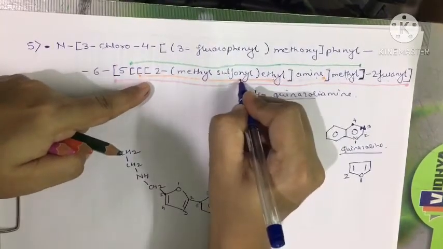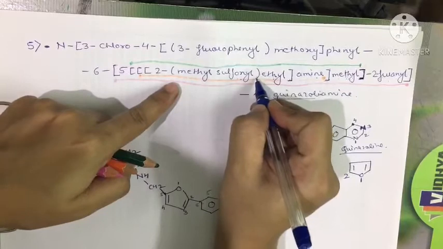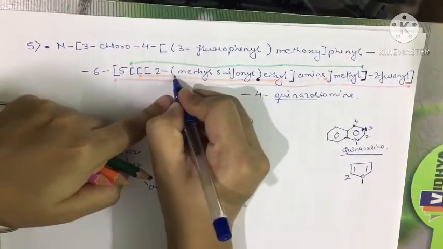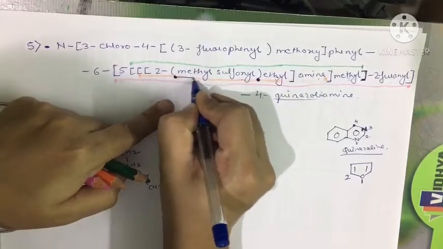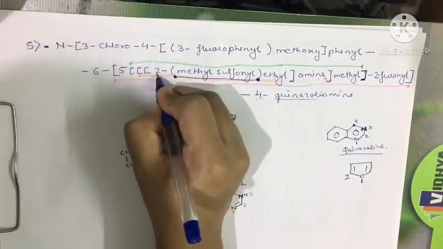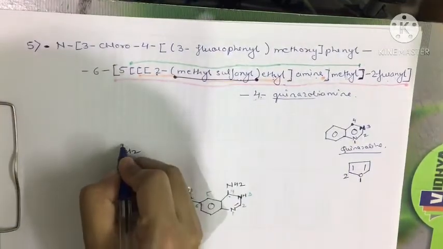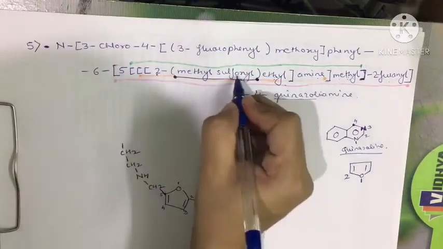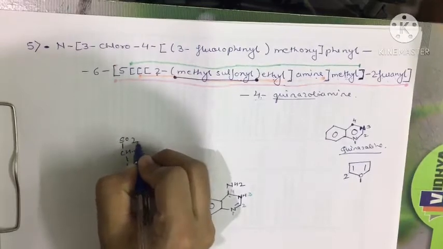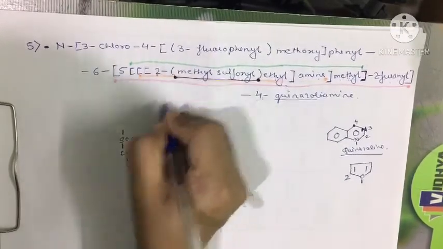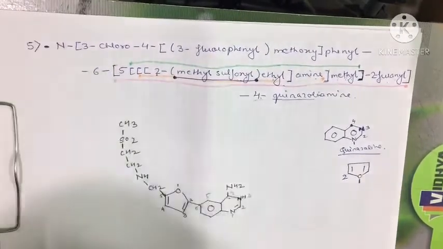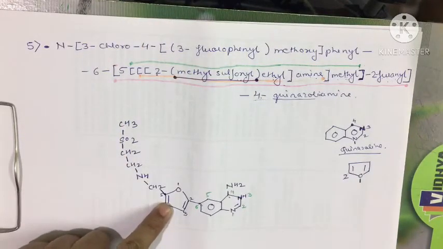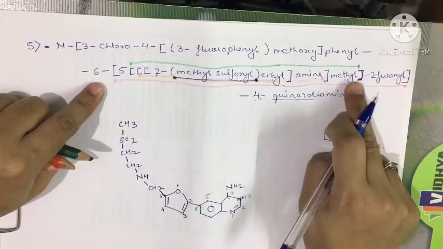To ethyl there is a simple bracket. Here I will mark it with blue, which starts here, and this is attached to the second position of ethyl. That means here. So we have sulfonyl SO2, which is having a methyl attached. So this part of the structure is complete. Till this much we have done.